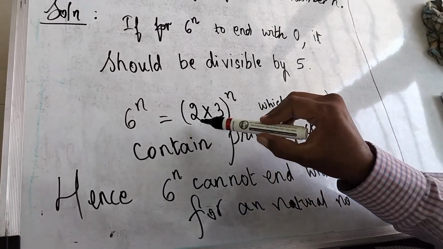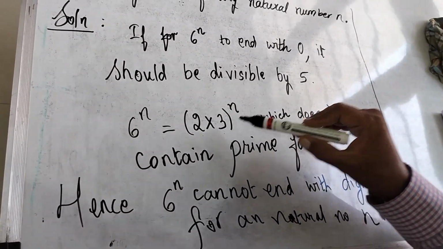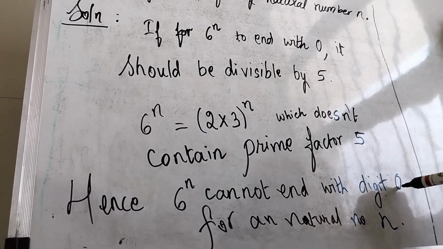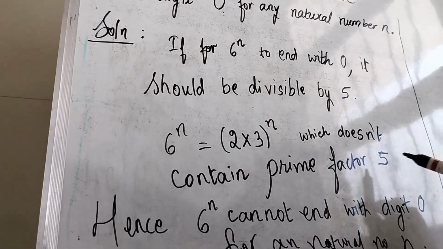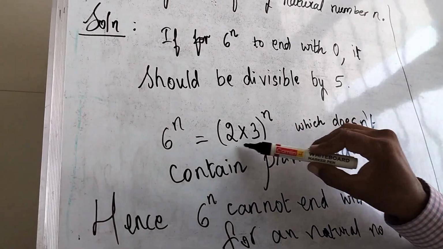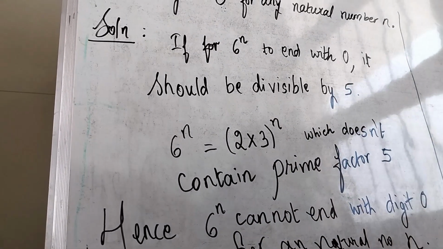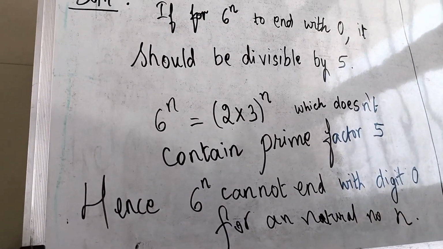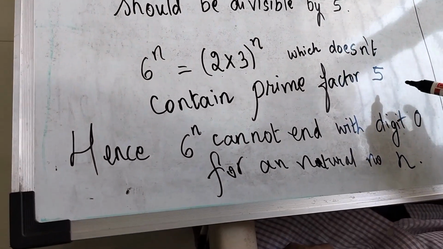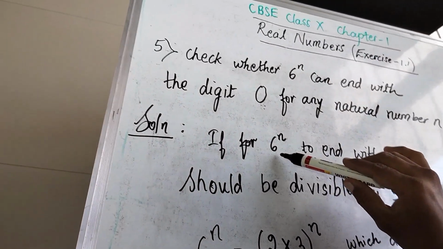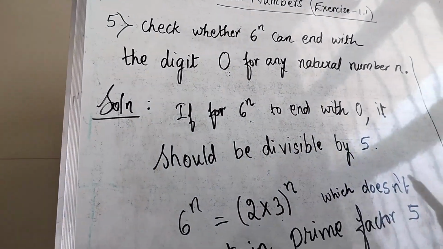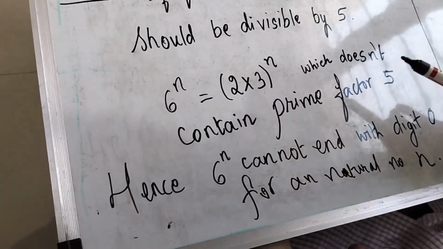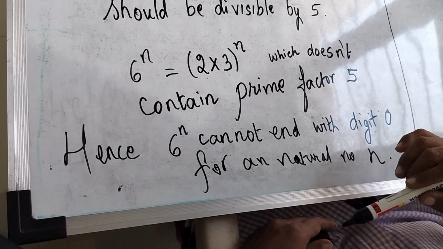अगर हमें इस प्राइम फैक्टर्स में 5 मिलता है तो हम बोल सकते हैं कि यहाँ पर हमारा जो डिजिट है वो 0 से एंड हो सकता है. लेकिन जब 5 ही नहीं है हमारे प्राइम फैक्टर्स में तो हम सीधा यहाँ पर लिख देंगे कि ये डिजिट 0 से एंड नहीं होगा. This is a very important question because any number can be asked over here. So you have to be careful. You have to find the factors and find out whether it is going to end with digit 0 or not.